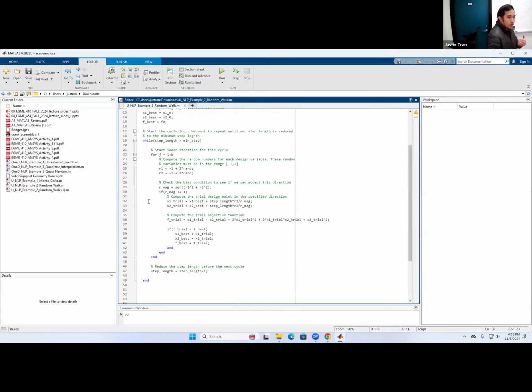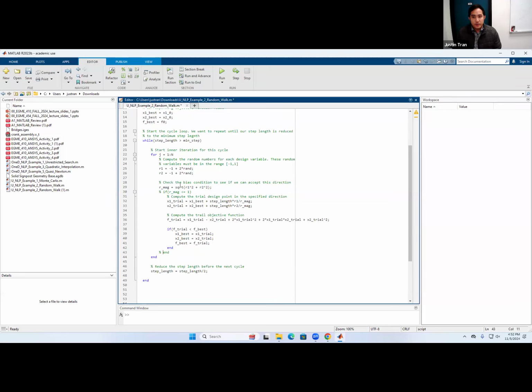So this checks for what's called biases. It's somewhat optional because the way that we're running this algorithm, we're running it with so many iterations that even if you do have a little bit of bias, it's not that big a deal. But we can easily cancel this out, so I can just comment that out and the algorithm will work just fine.